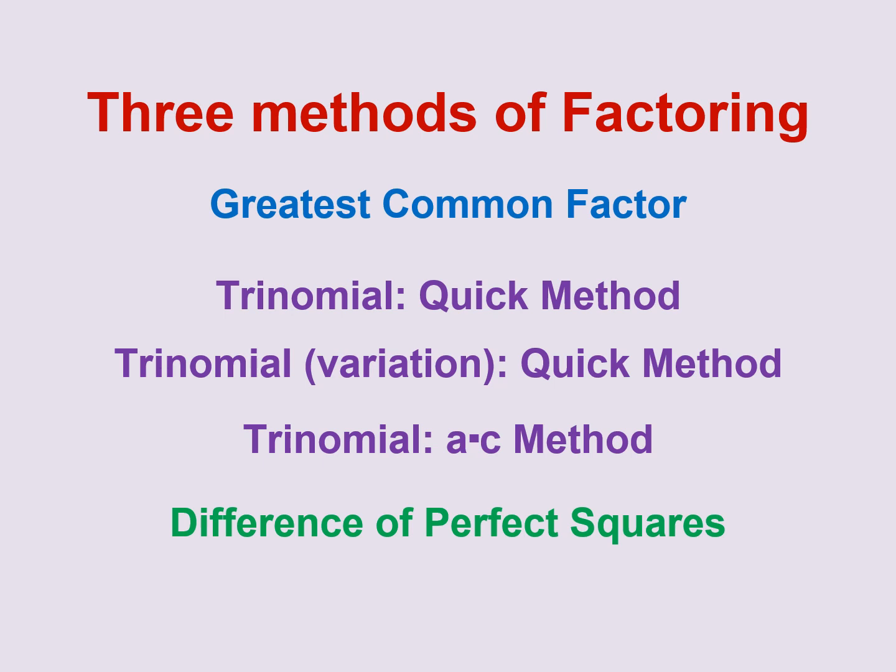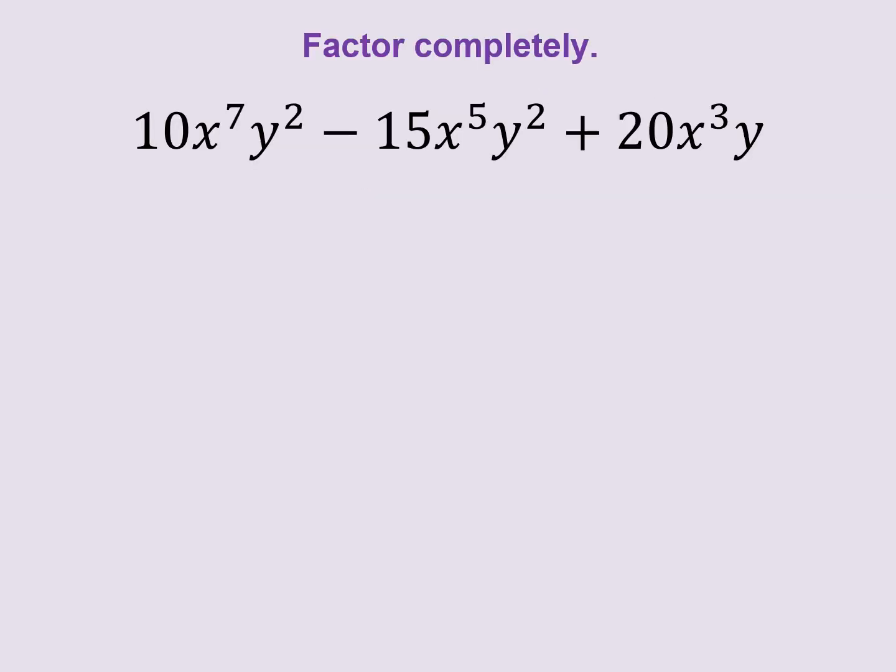Let's get rolling. For any polynomial expression we get, the first question we have to ask is, do the terms have anything in common? And if so, we factor out the greatest common factor. So we're going to take this one piece at a time. I'm first going to look at the coefficients, 10, -15, and 20, and ask myself, do they have any factors in common? They have a 5 in common, and so I am going to divide out a 5 as part of